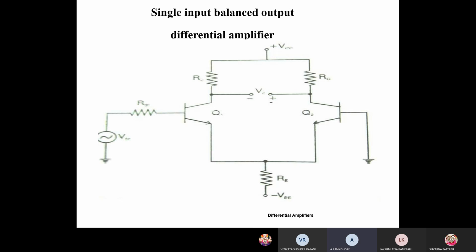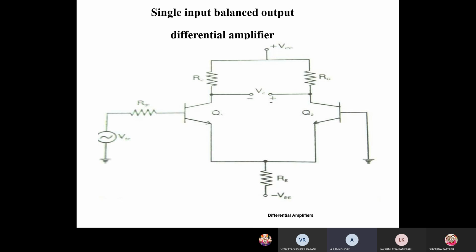So next category is single input balanced output. So here we are having the single input. And balanced means we are taking the output in between both the Q1 and the Q2 transistors. So in order to determine the differential voltage gain and the input impedance, output impedance of the single input balanced output,